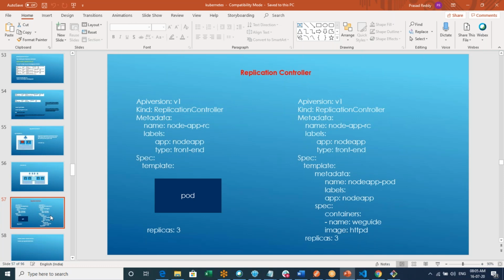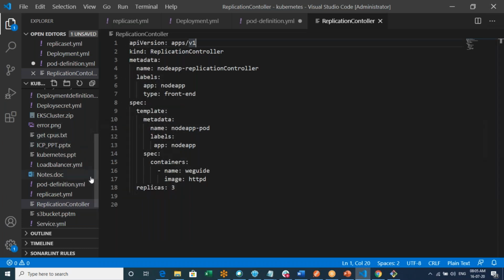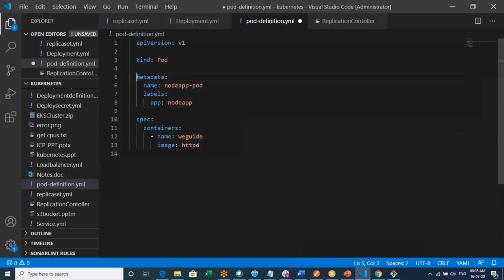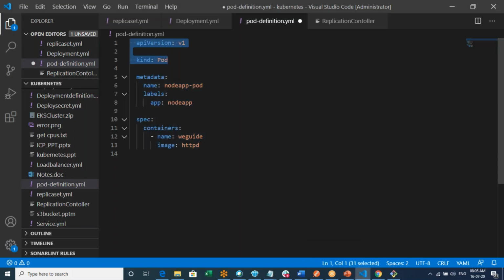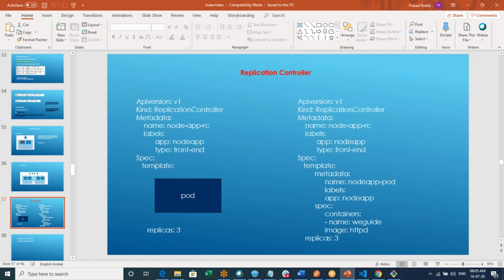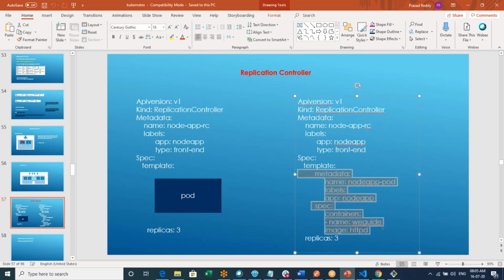In the pod definition, if you observe, this is the pod metadata and the specifications, right? You just need to place this directly in the pod definition. Let me go to one of the pod definitions. So this is the pod definition. You just need to copy this and place it inside your template. This is the replication controller. Inside your specification template, you copy not these two sections, but these two, metadata and the specifications, and you directly place them in your specification template. That is what I have done over here, metadata and the specifications.